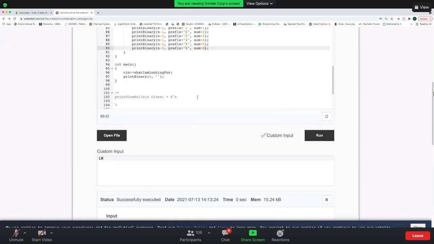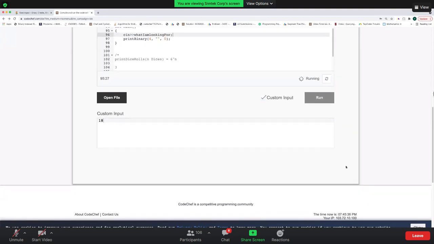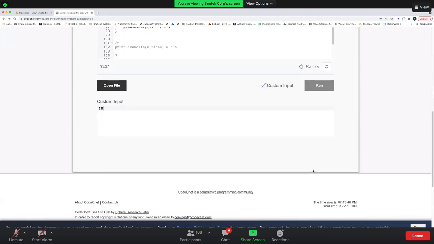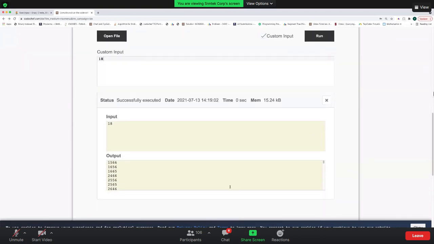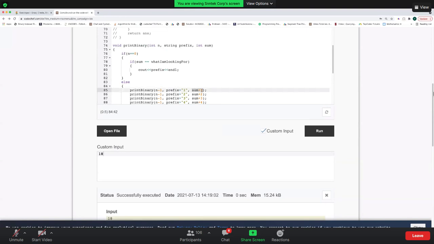3, 4, 5, 6. So in this case we don't need a for loop at all. We can pass this another statement which is on 0. Yeah, see this. This is another approach in which I'm passing the sum along with this. So this sum is saying what all sum have I already picked up.